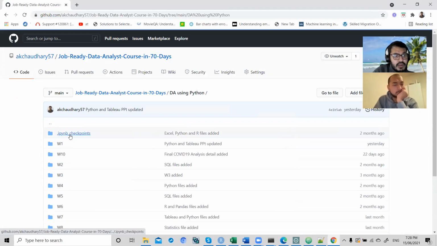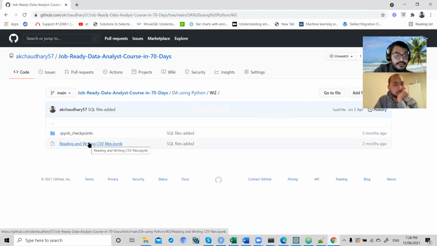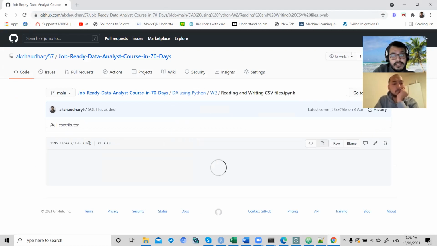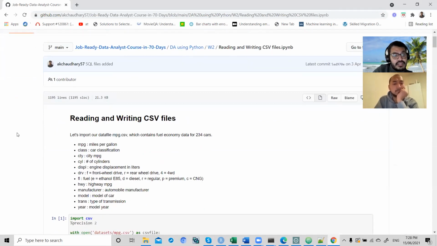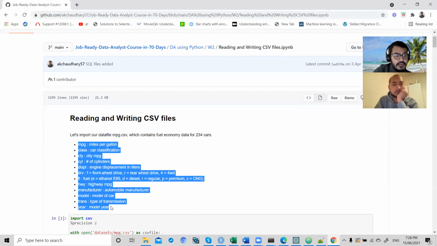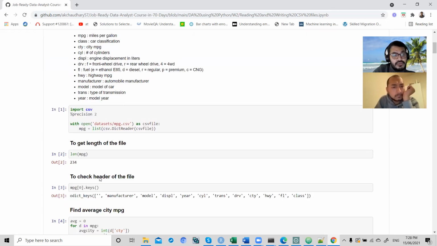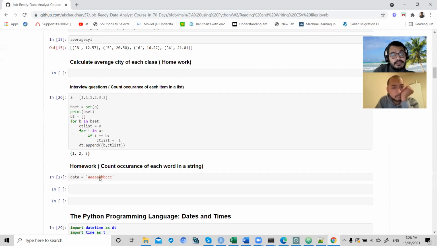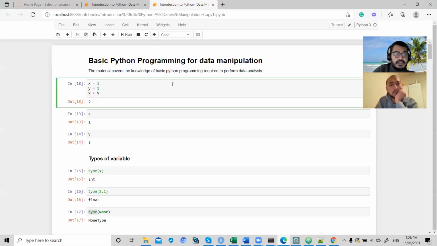Next week we will start with playing with files. So reading and writing CSV files. We will start with playing with files and doing a bit of data analysis using files, right? So these were the files that we did in R even, right? The MPG dataset we have used. Last time we did this in R, so we will be doing this in Python even. So this will be our second week. Next week we'll start with manipulating files. So this was very basic